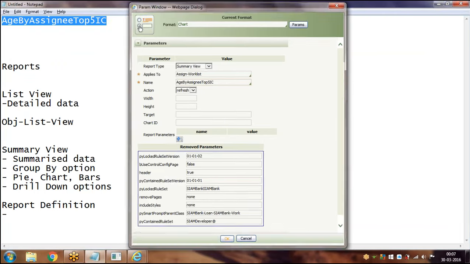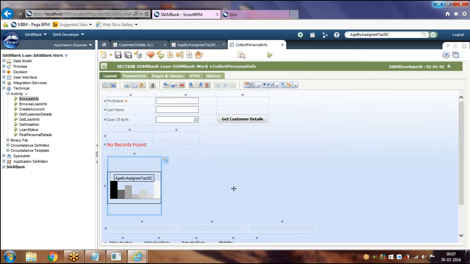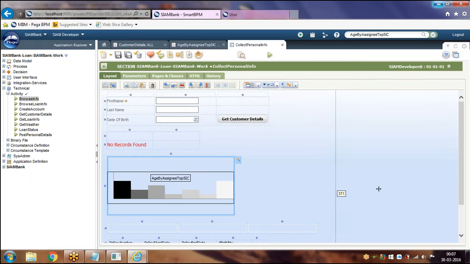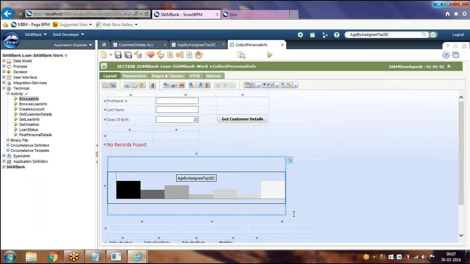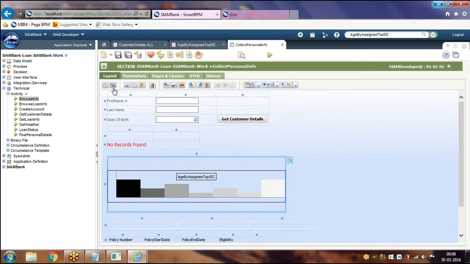Click on OK. Just click on save. Just launch the UI.